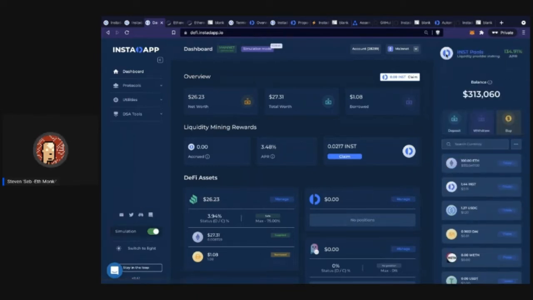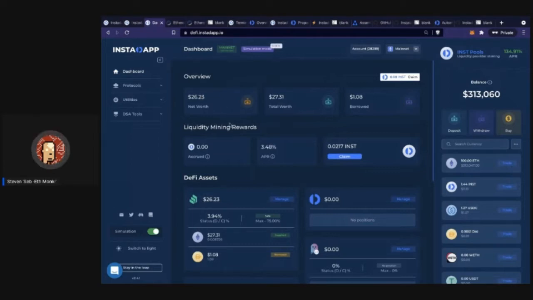So first thing we should do is go through the different protocols. Well, let me start with the top first. So up here, the balances, this is the balance on your DeFi smart account. What you're going to see on this side is actually your DeFi balance, right? So if you can see down here, I have a really small Compound position where I have about $27 of ETH supply and about $1 borrowed. So when you see up here on net worth, it's going to say 26.23, which is the total value, which is that Ethereum minus the debt that I owe.